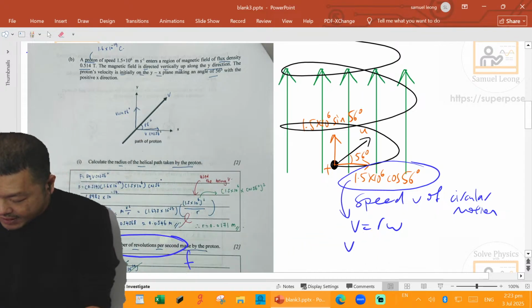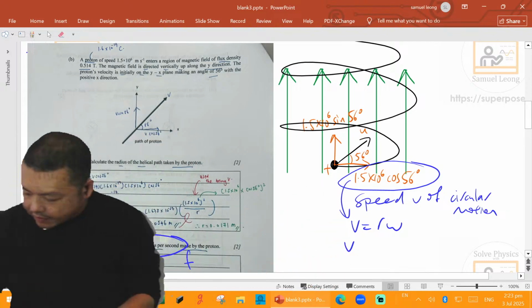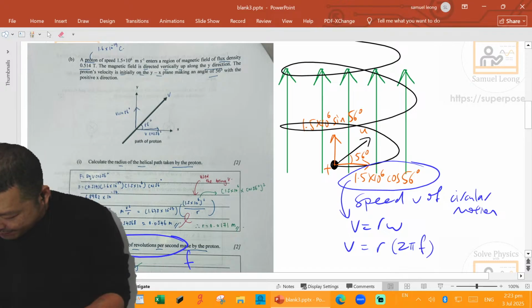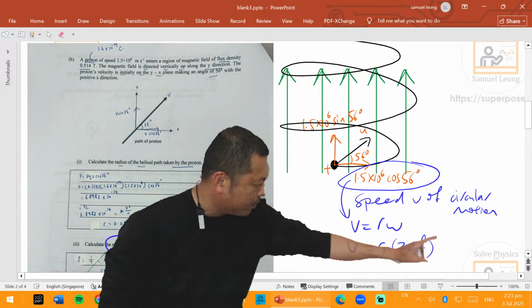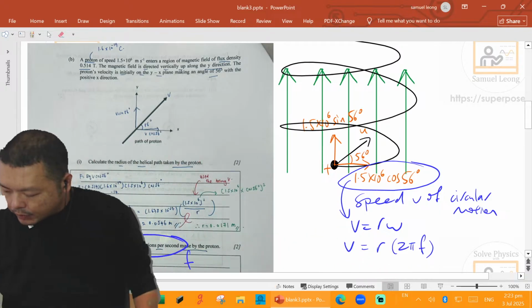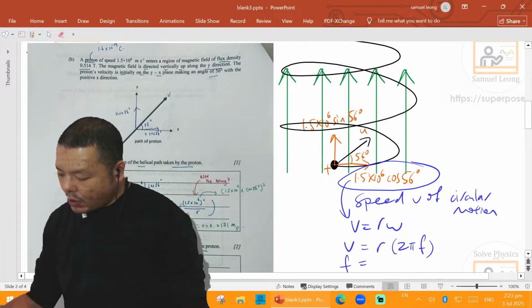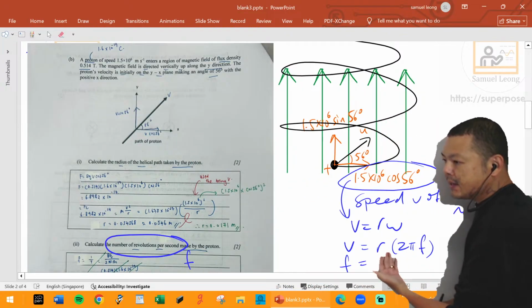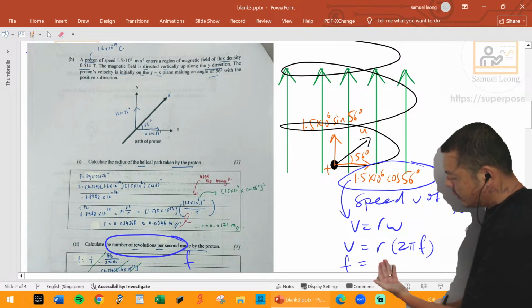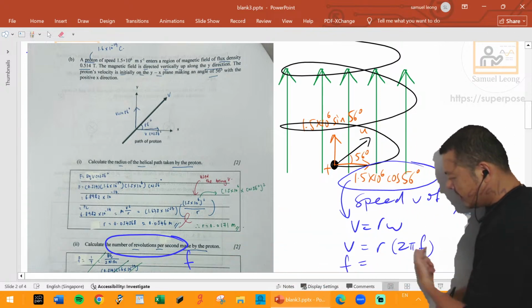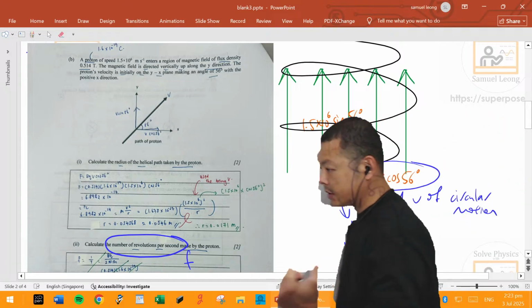Well, this is the v anyway. So that's v equals r omega, v equals r 2 pi f. And then suddenly you realize, oh, that's where the frequency is. Then we can use that to find f. But that would also mean that you will probably have to find the radius, because the missing thing here, you have v already, you need to find the radius, which is given in the previous part, and then you can find this frequency. Are we okay on this?